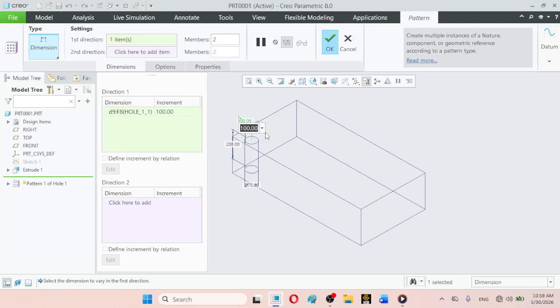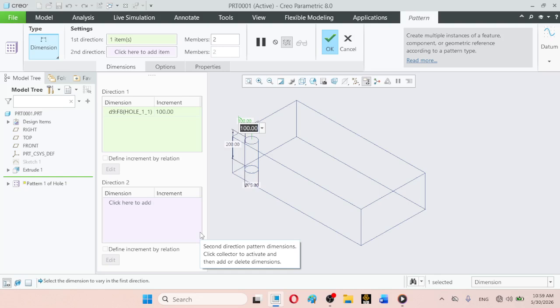If, for example, we want five objects, we will be dividing 800 by 5.